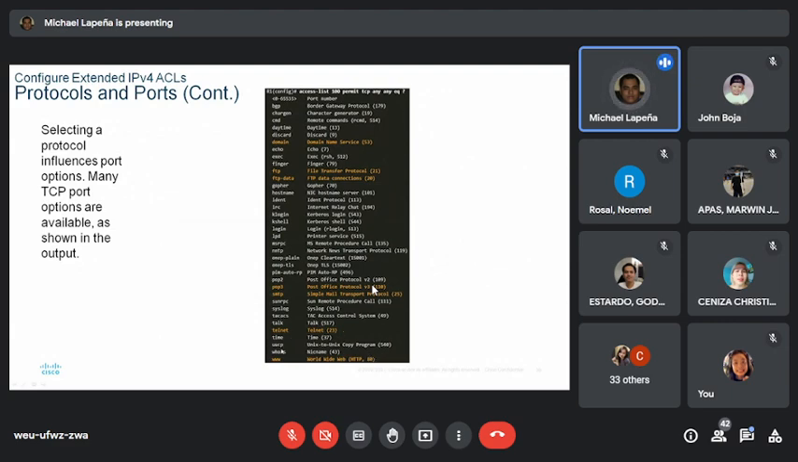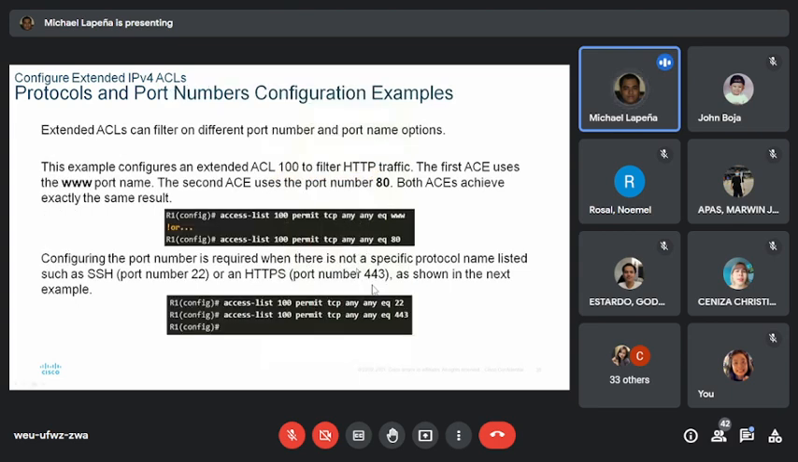So di pwede mong gamit yung HTTP, but we can use the www or we can use the port 80. Okay, so pareha rin sila na rule. Okay, we can only use one. So configured port also